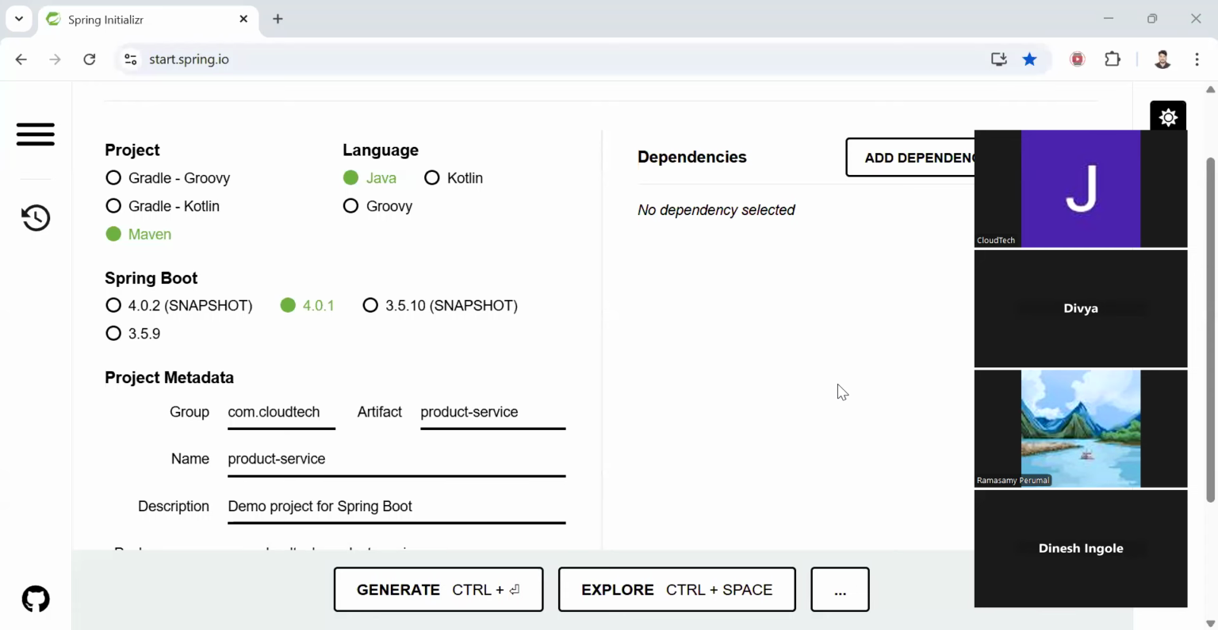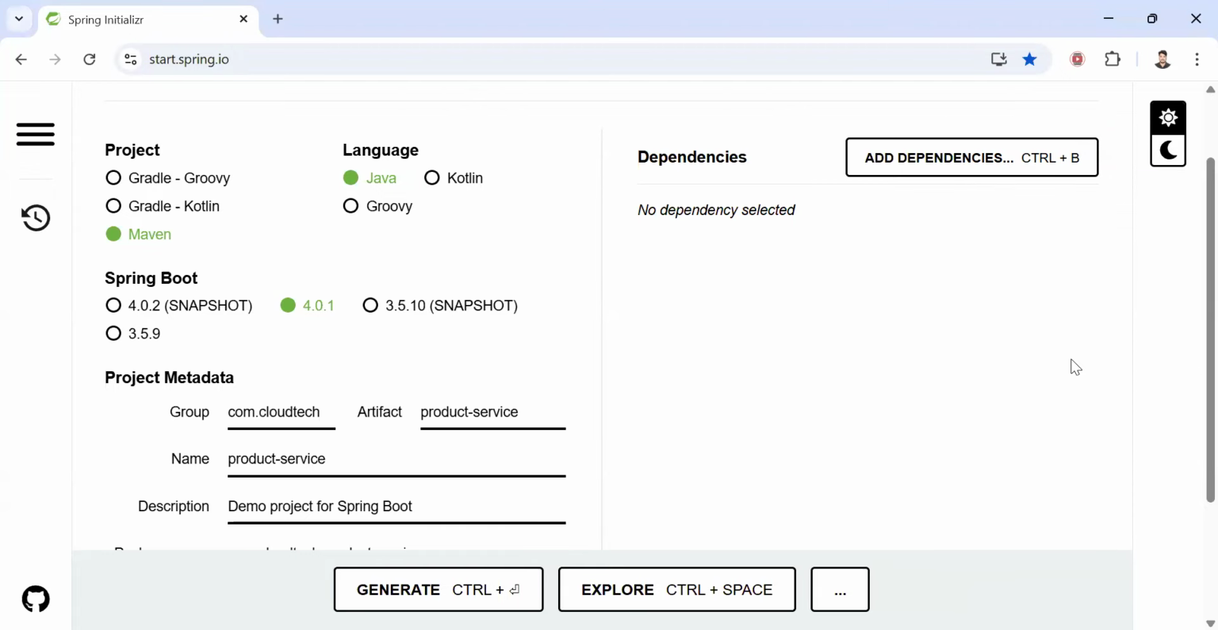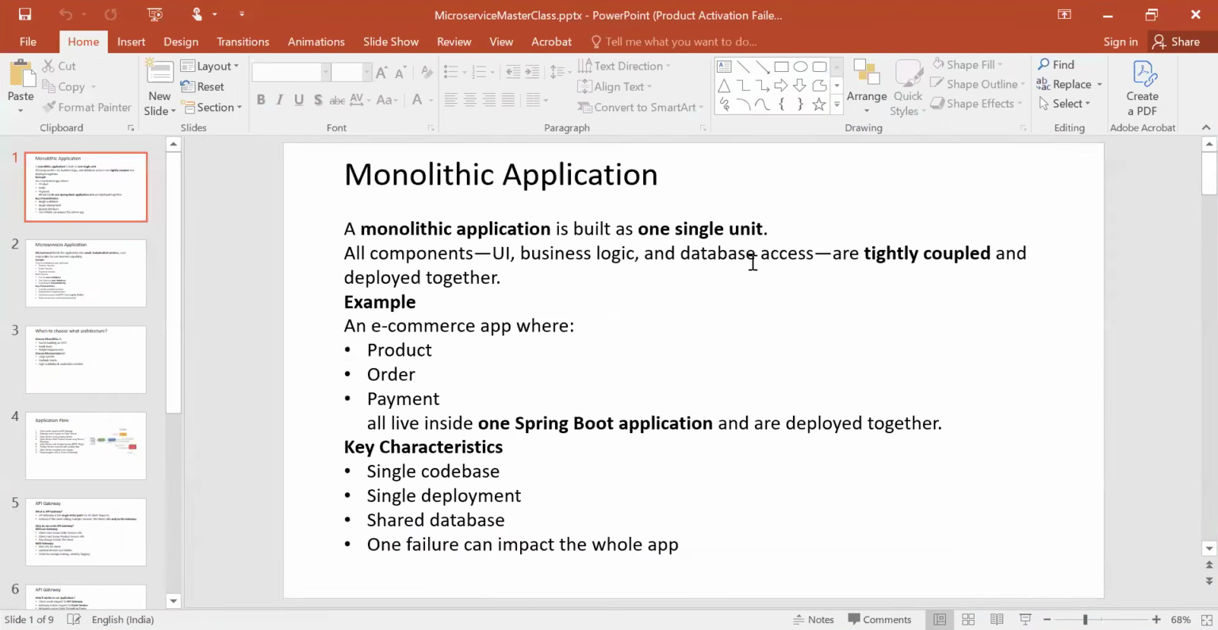Okay, so let me share my screen. Let me know if you guys are able to see it. Okay, are you guys able to see my microservices